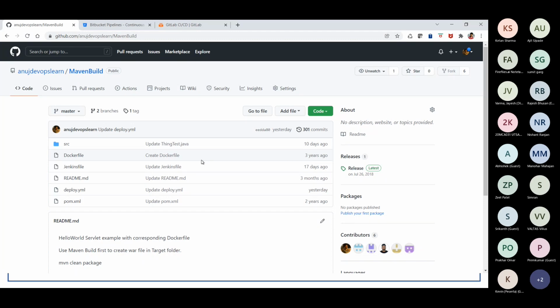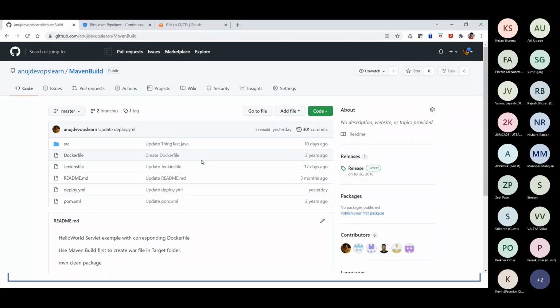So that's what we are trying to do here. From there itself, you will know that now we don't have any dependency on any other tool or any other server. We are just having the optimal utilization of GitHub, which is what we are trying to achieve in this case.